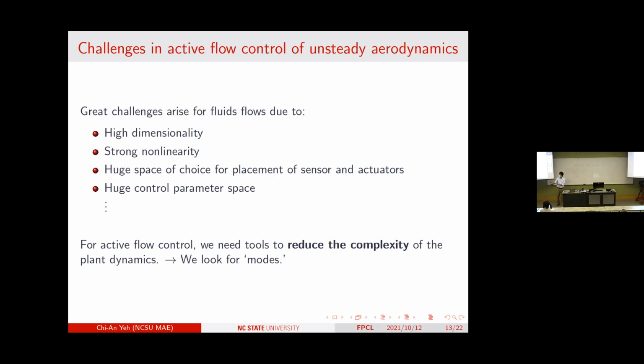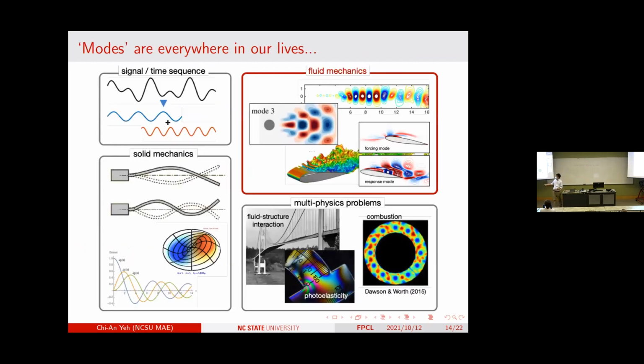But without all of these, we are trying to reduce the complexity of the fluid flow system. We seek modes. Remember that jet engine, the Dreamliner jet engine? Well, that's a circumferential mode. If you actually get it excited, it is optimal in terms of suppressing the noise generation. But you want to seek that low dimensional space. You want to find a good coordinate to describe the dynamics. You have modes for,